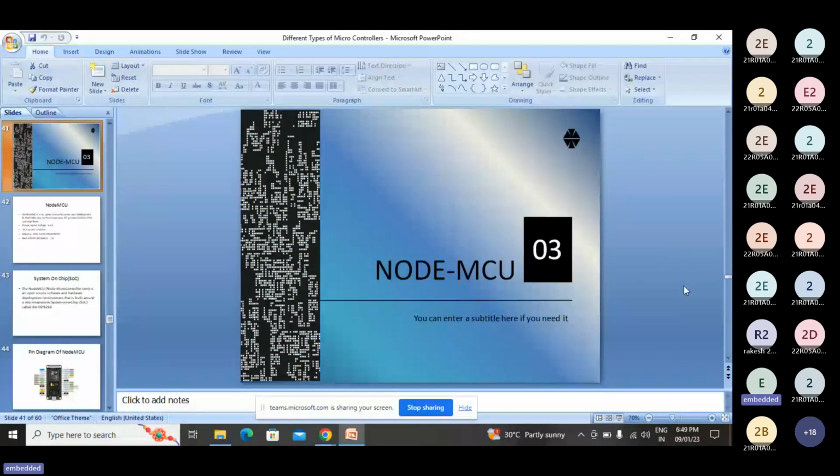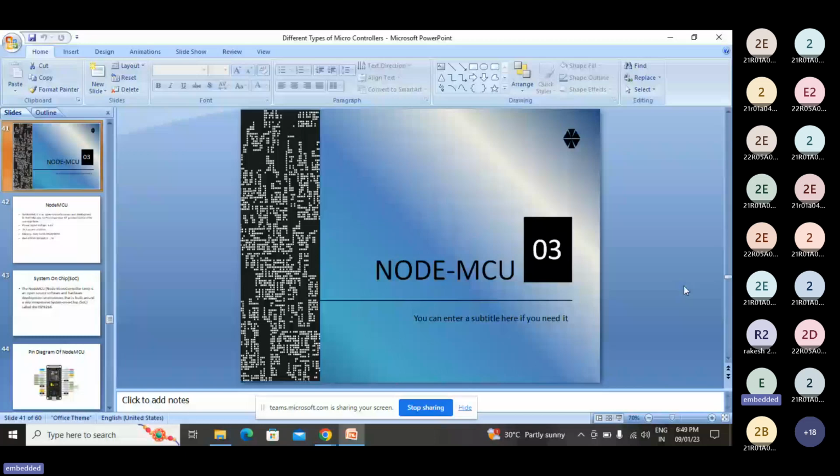So today our topic is technology. We are on the topic of different types of microcontrollers, and today our subtopic is NodeMCU. After the last class, we learned about two other types of microcontrollers: one is the 8051 microcontroller, and the other is the Arduino family, which consists of Uno, Nano, and Pico. Okay. Now